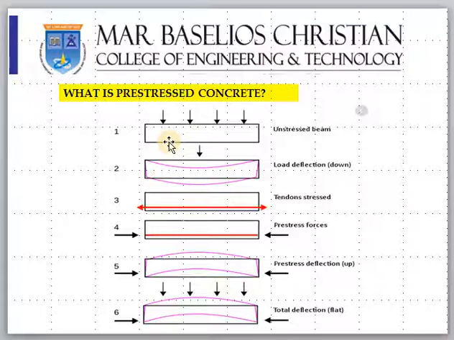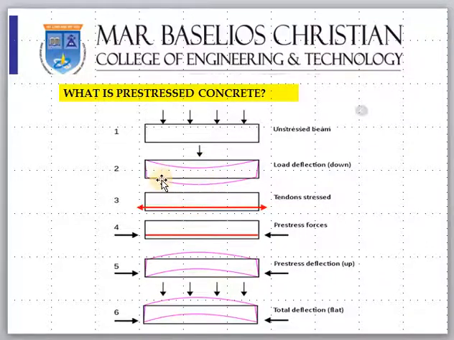So how can we use the concrete area effectively? That leads to the invention of pre-stressed concrete actually. Let me explain the basic principle, how it works. Just see a general beam. The first figure is a general beam. It is loaded, an external superimposed load is there. Because of this load, it bends like this. A bending moment is generated and it deflects like this, because of which you have compression at the top and tension at the bottom.